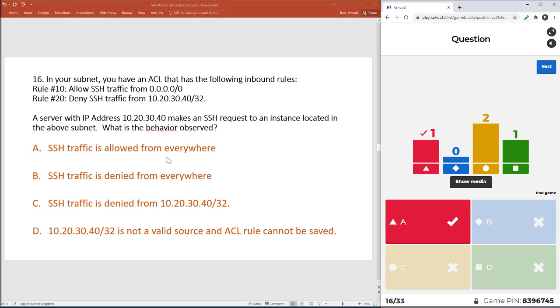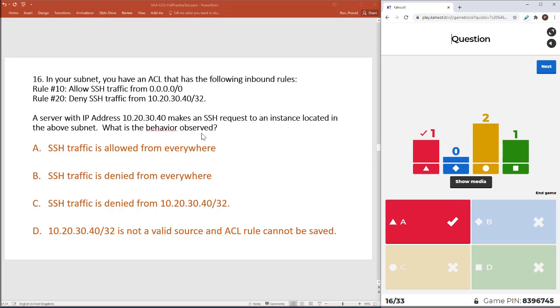So because most of you got it wrong, let's discuss this particular question in more detail. It's talking about ACL, which is network ACLs, network access control list. The rules are listed in a specific numbered way, and they are evaluated so that the lowest number is evaluated first. If the incoming request matches that row, and it can evaluate whether it is an allow or a deny, then it is not going to evaluate the rest of the rules